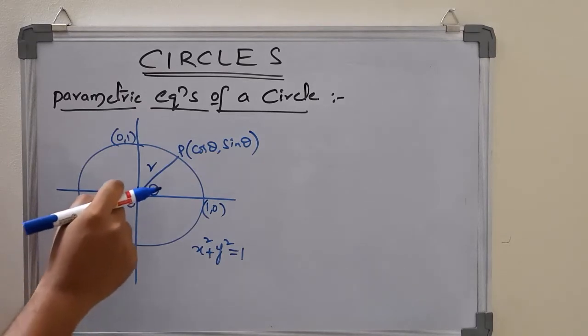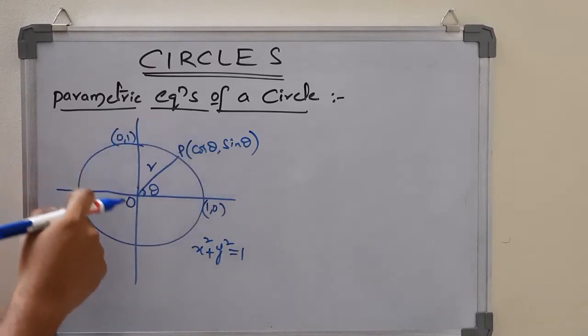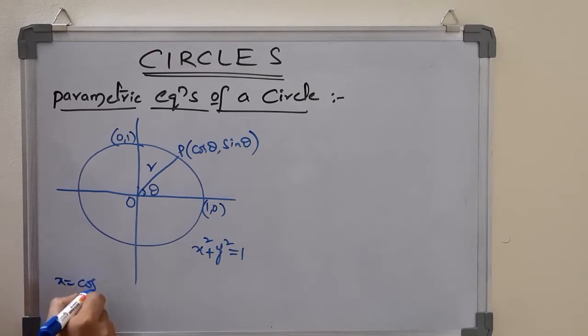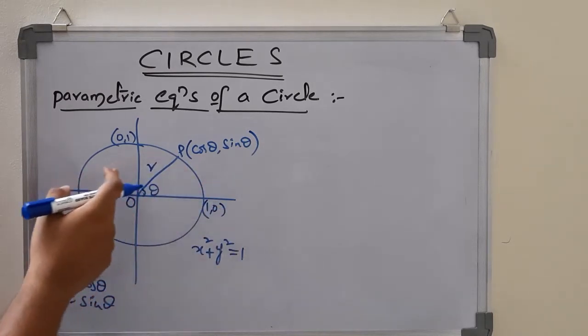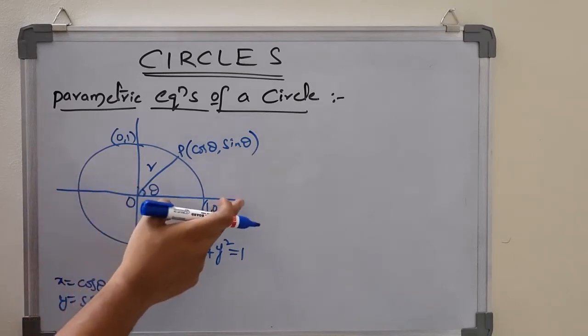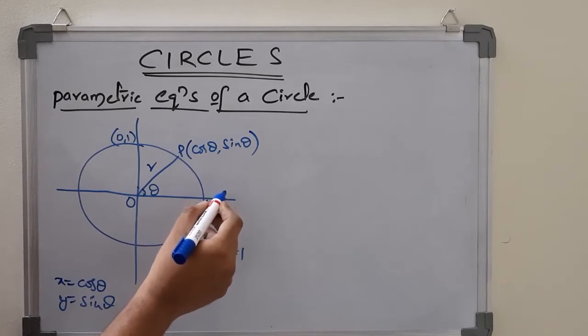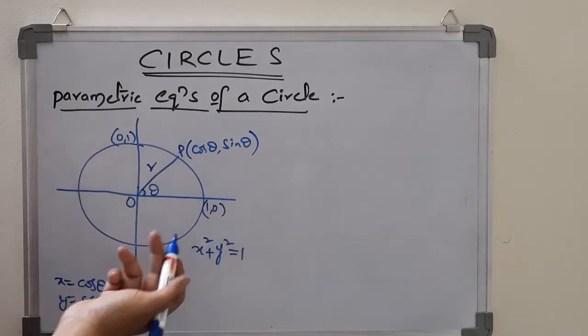But it suggests a parameterization of the circle. That means x is equal to cos theta, y is equal to sin theta. And of course you can get the entire circle just by having theta from 0 to 2 pi. You can have it do more, but this is enough.